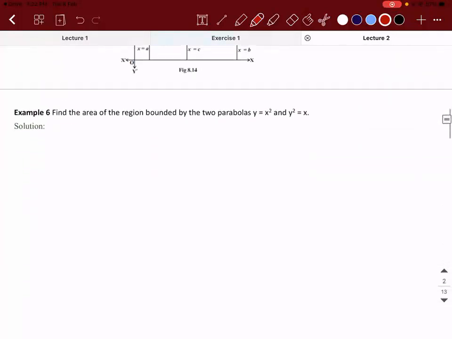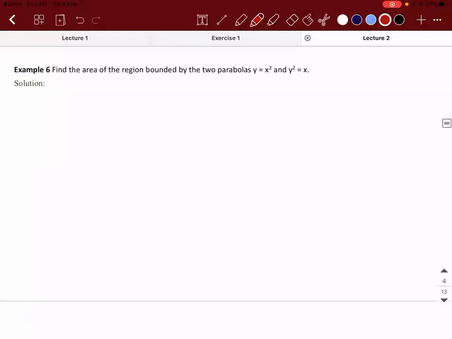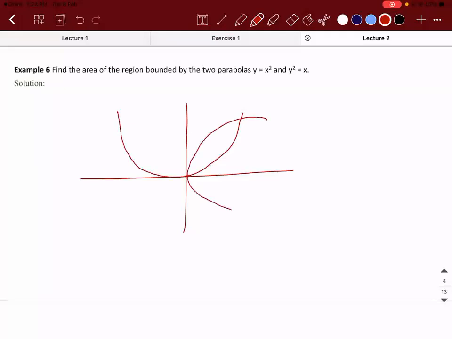So having said this, I'll explain this problem. Find the area of the region bounded by the two parabolas y is equal to x square and y square is equal to x. So y is equal to x square is an upward parabola and y square is equal to x is a rightward parabola. We are interested to calculate this area. So for that, we need to first find the x coordinate of the point where these two are intersecting. So y is equal to x square and y square is equal to x. When you solve them,